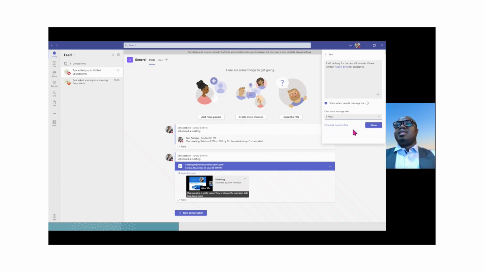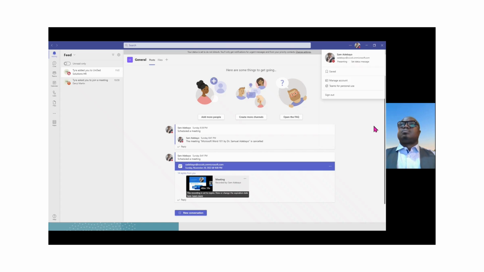So this status is going to clear in the next 4 hours. I'm going to say done. Here we go. And I've successfully set up my status message. So I can also edit that status message if I want, but I'm going to leave it that way.